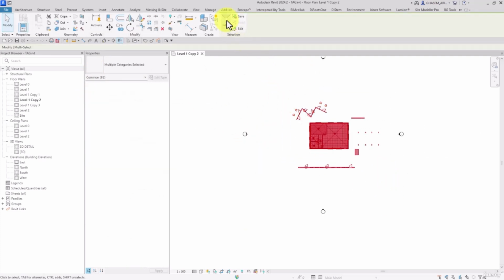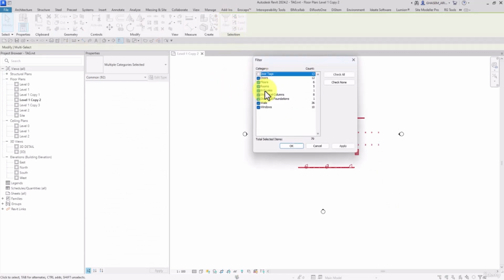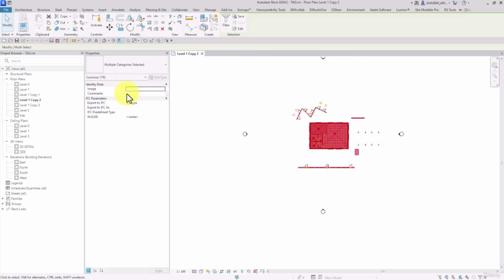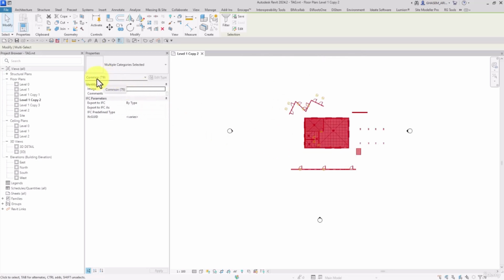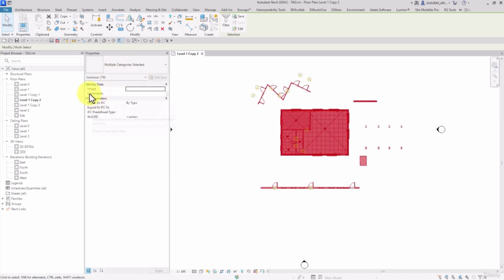between all of them. Or if I use click and drag and then I uncheck tags in the filter, okay, there are some shared parameters between these 79 elements, as you can see: rooms 5, structural columns 8, and so on. Okay, we got these shared parameters between these 79 common or selected elements like image, command, export to IFC,